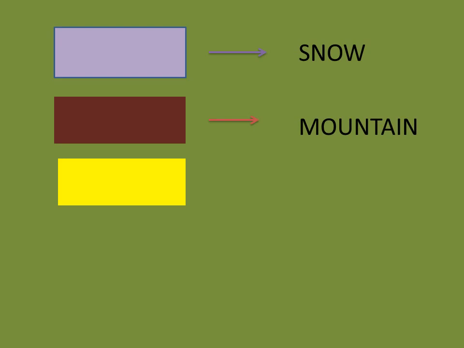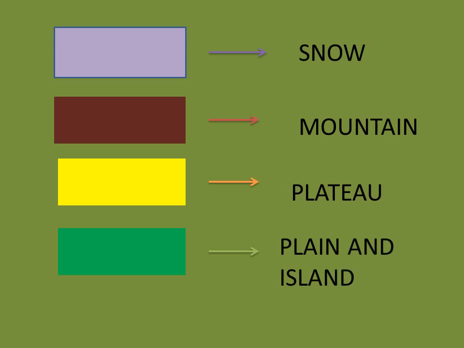Next is yellow. Yellow shows high land like plateaus, tableland. Remember the previous chapter. So to depict land of considerable height, like plateaus or tableland, we use yellow color. Dark green is used to represent lowland, land that is almost at the same level as the sea, that is of sea level. Last is light blue, which shows the part of the sea that is less deep. This is near the land. So light blue means the sea part which is not that deep and which is quite near to the land.